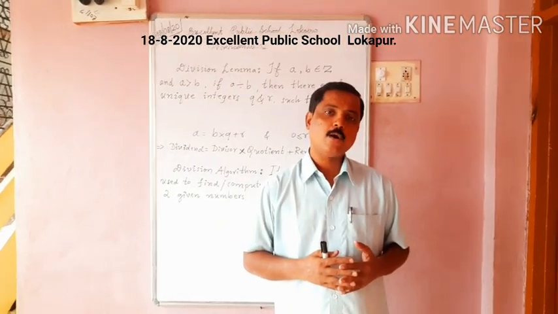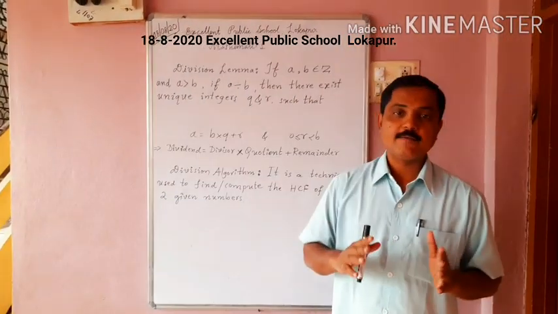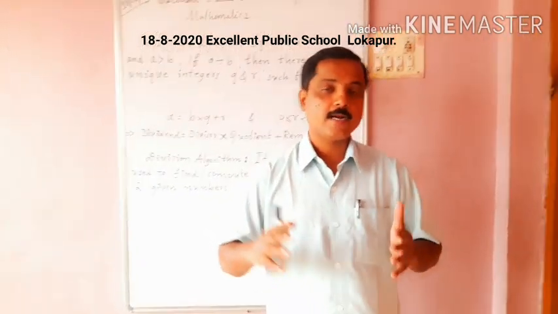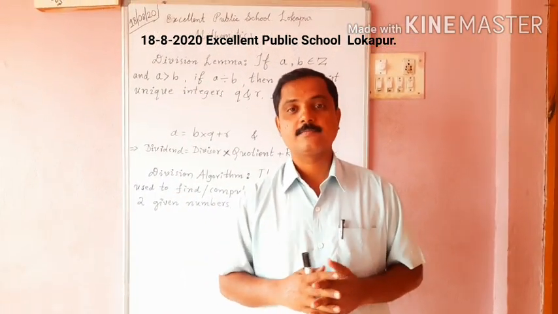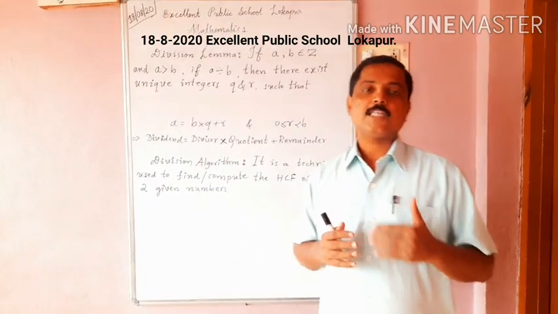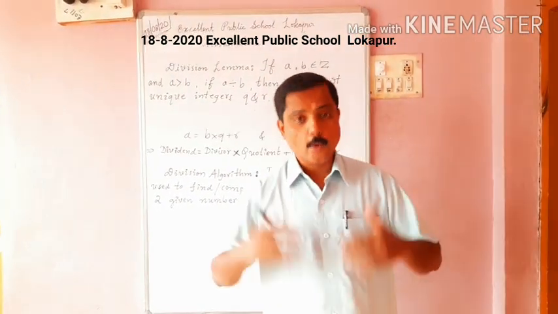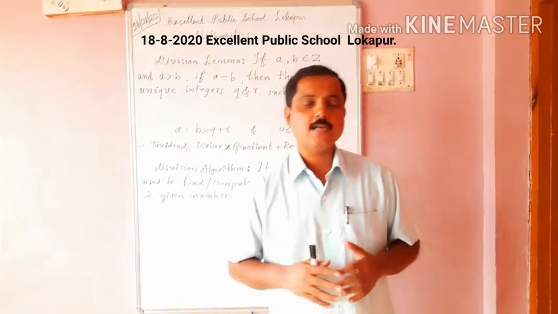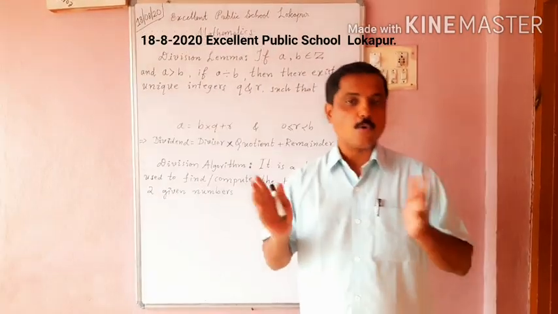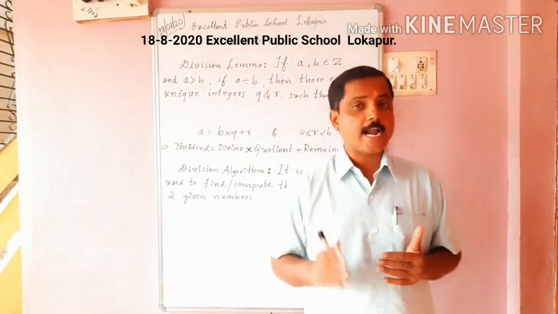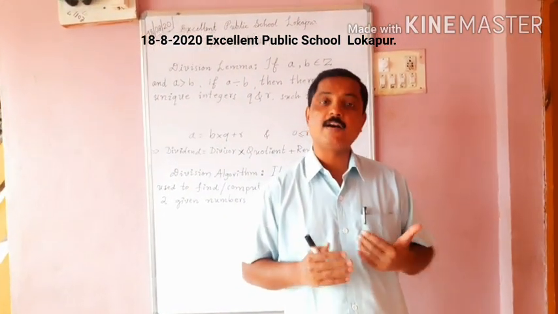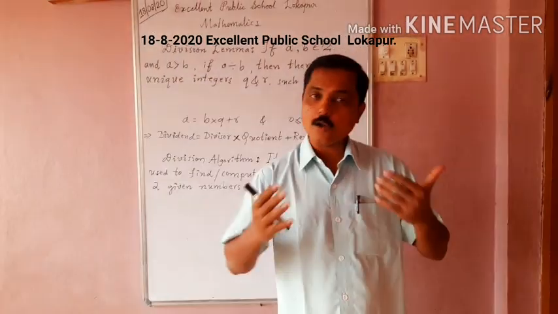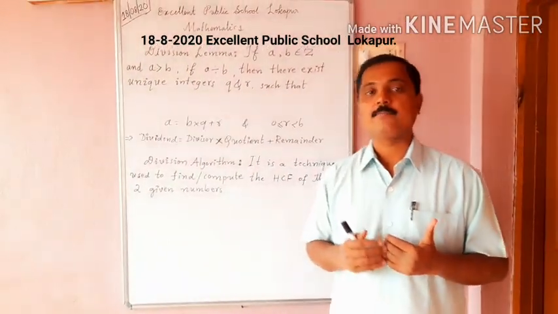We have studied about complete division and incomplete division, and a factor of a number and non-factor of a number. And also we learned about the division lemma, which helps us to verify our division. Means after every division we get quotient and remainder. The quotient and remainder we got after the end of every division, whether they are correct or not, is checked or verified by division lemma.